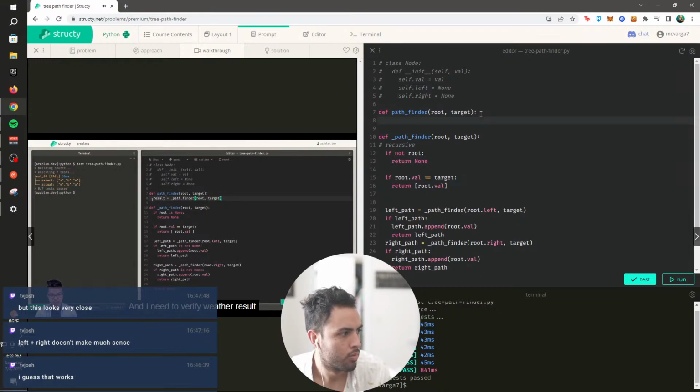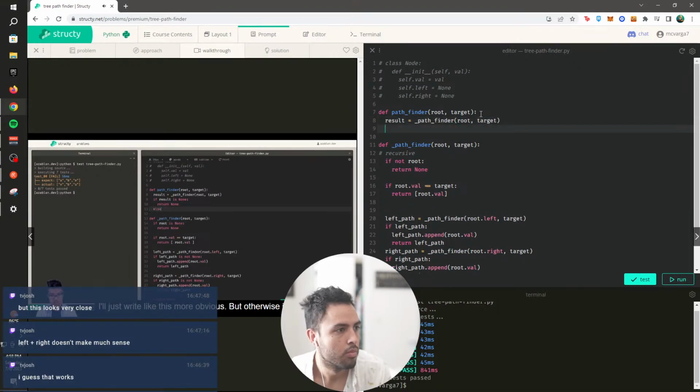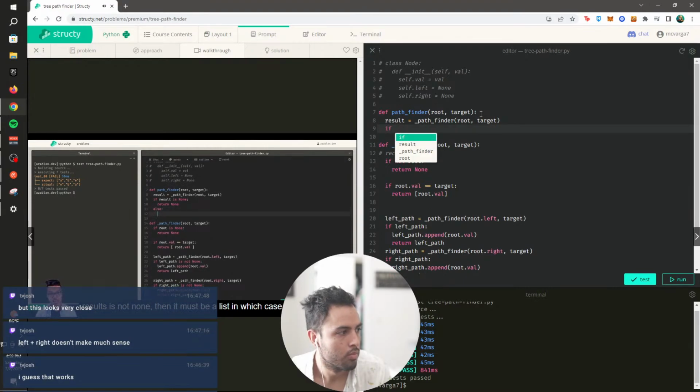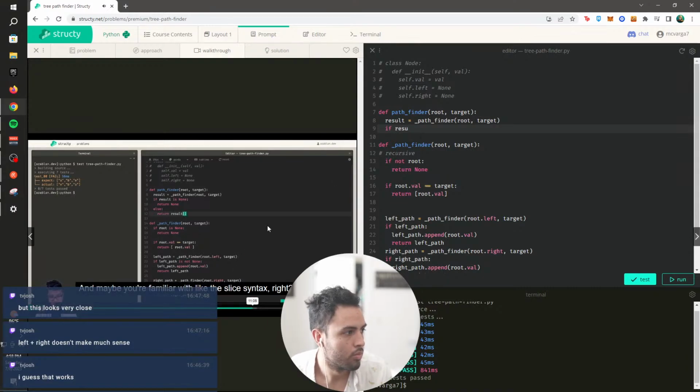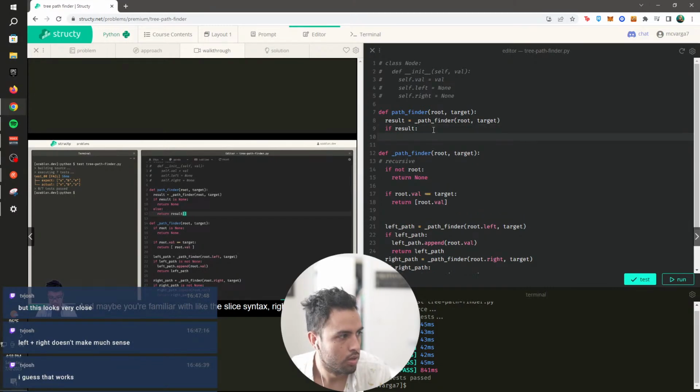And I need to verify whether result is none, because if it's none, then I should not reverse it, because that would break my code. But if it's a list, I should reverse it, right? So if result is none, then we shall return the result, which is none. Maybe I'll just write it like this, it's more obvious. But otherwise, if result is not none, then it must be a list, in which case I can reverse it. Python reverse syntax is pretty slick. I'll just say the name of the list, and if result, then